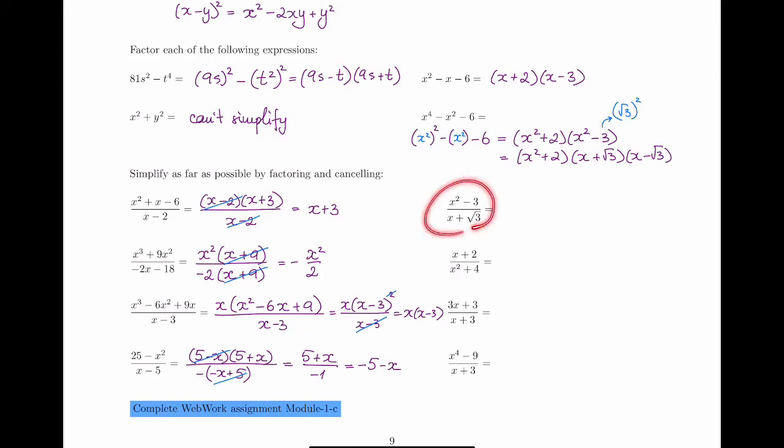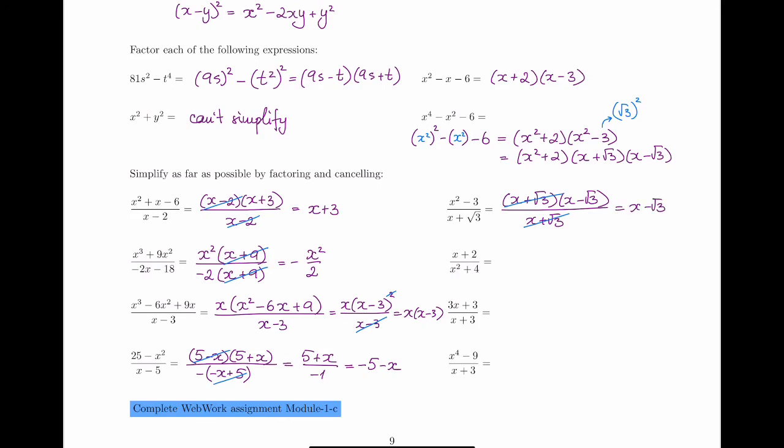Okay, let's take a look at this one here. Once again, the top here looks like it can be factored out as a difference of squares, and in fact, we've done that here before. So this will be (x plus root 3)(x minus root 3). So not every square in a difference of squares has to be a perfect square. It could result in a square root. And then with the corresponding factor on the bottom, I can cancel those two out to have x minus